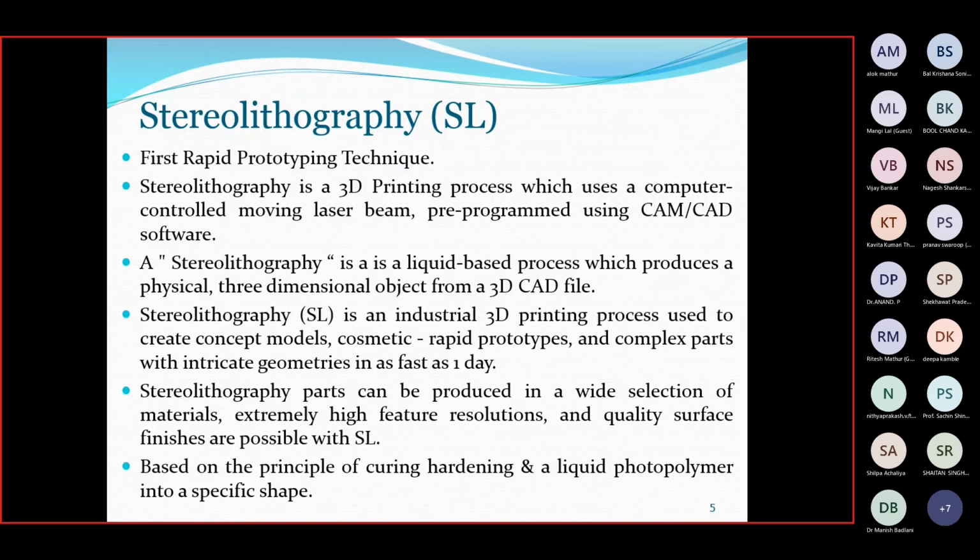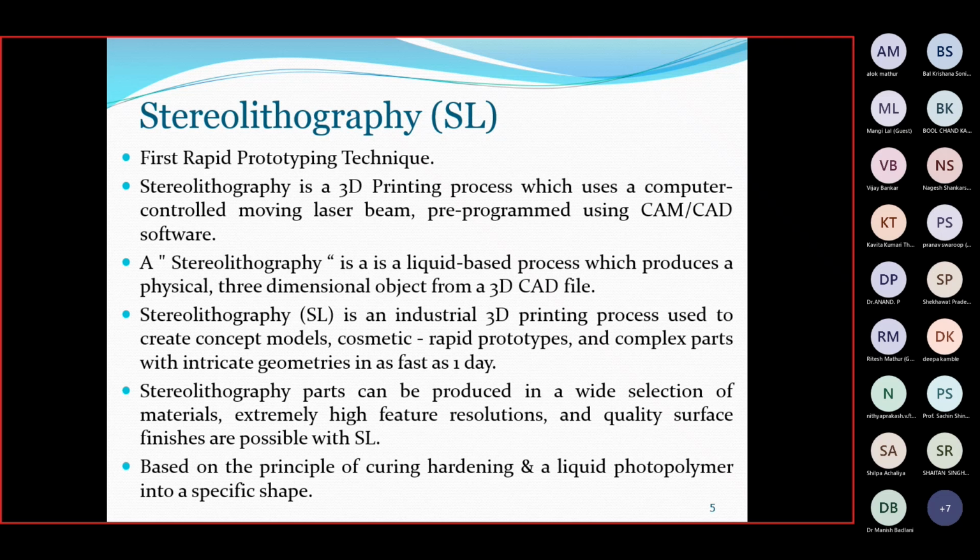3D Systems introduced stereolithography in 1986, and from there itself the 3D printing world started. This was the very first rapid prototyping technique. What is a rapid prototyping technique?